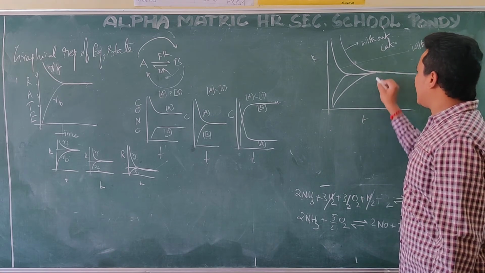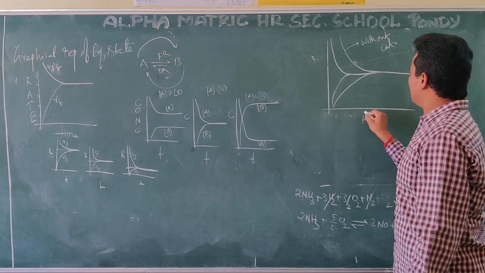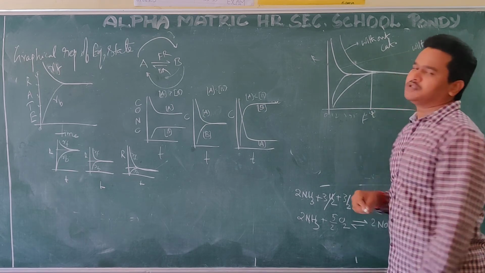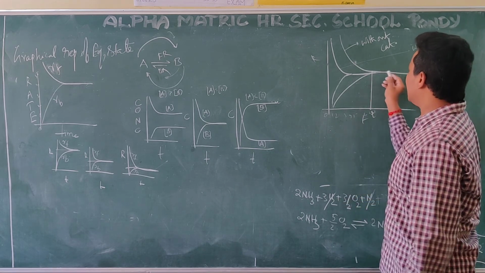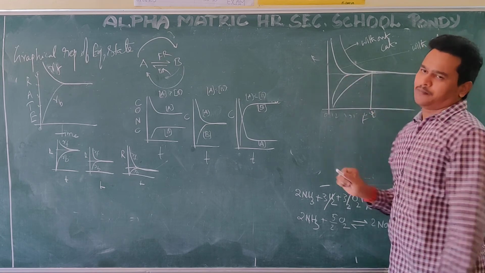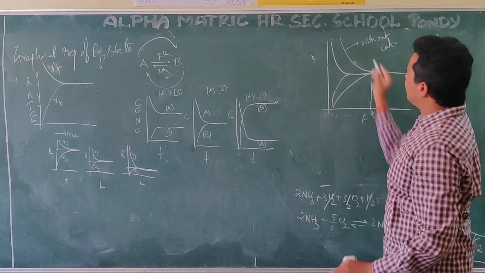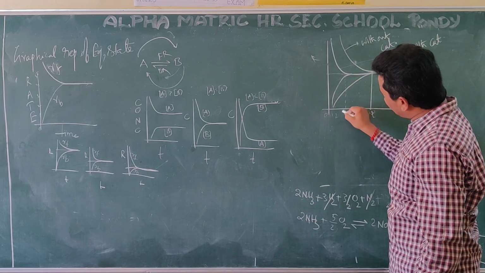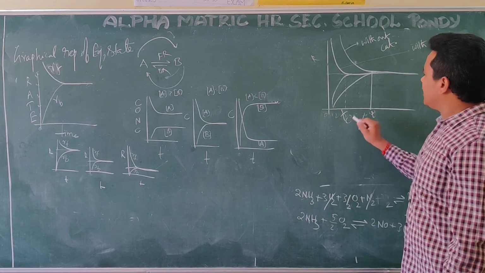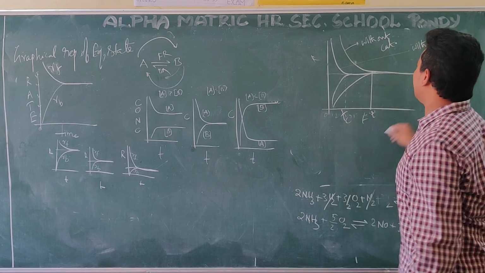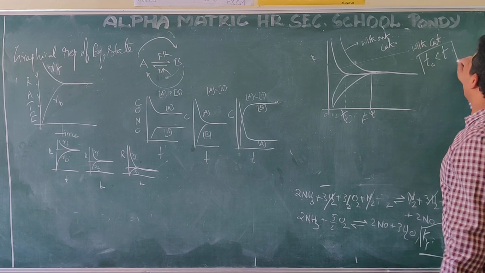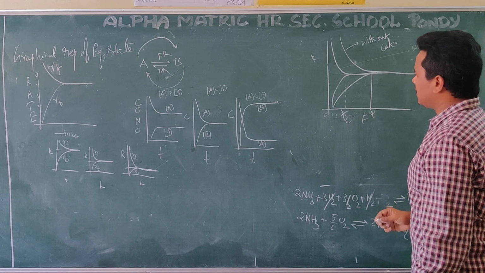So without catalyst you will take a long time: 0, 1, 2, 3, 4, 5, 6. Maybe 6 hours it is taking. This is the time at which equilibrium state is achieved without catalyst. And see, the position is not going to change. With catalyst, the position is the same only, it is just coming earlier. Equilibrium state here is 6 minutes, so here how many minutes? Maybe 3 minutes. It is the time at which equilibrium state is achieved, at 3 minutes. So it is with catalyst, so that T with catalyst is less than T without catalyst. This is the graphical representation for equilibrium state.